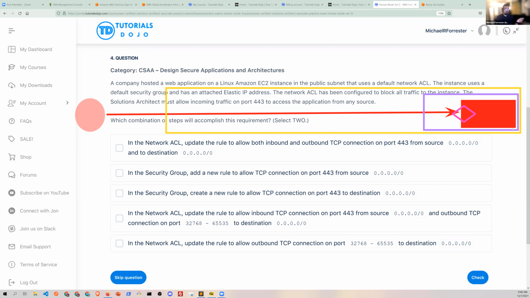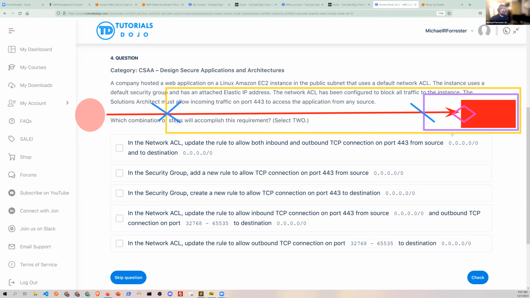So what they've done is that the network access control list has now been configured basically to block all traffic, which I've got to say is a little weird. So this firewall here is actually set to block all traffic, and this firewall here is going to block all inbound traffic, but it's not going to block all outbound traffic. So we've got two firewalls that are basically set to block traffic. That's basically what they told us here. Am I missing something?